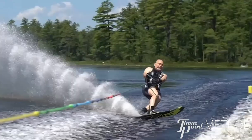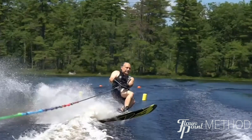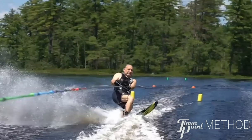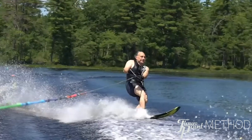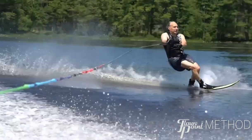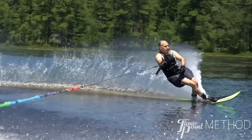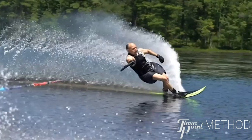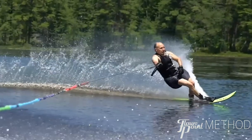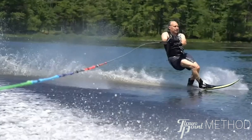Oh, there's 22 off. It's 22 off, so even harder. But I think one of the things that allows you, see, like here, he absorbs the wakes in his offside pull, maybe more out of habit though, because I see that position being better here into his first wake. What I would say is, one of the things I've been preaching for a while now is like your turn is your opportunity to prepare yourself for the downswing, for that position. And sure, I feel that if he was just a little bit more patient,